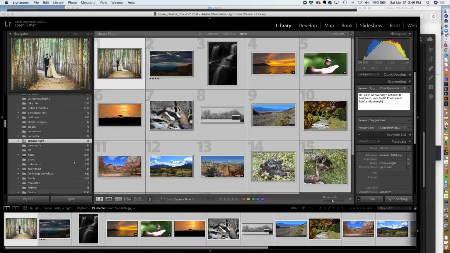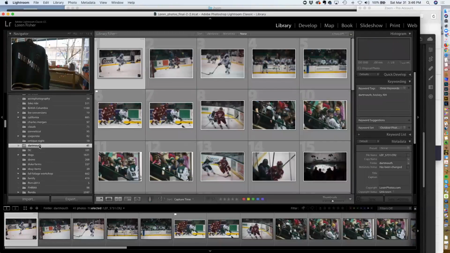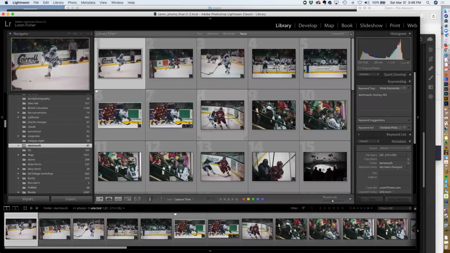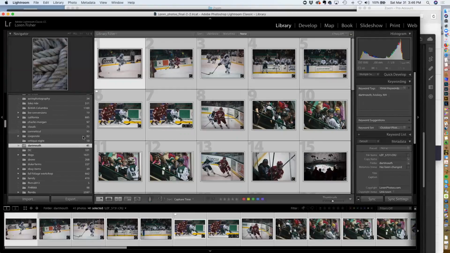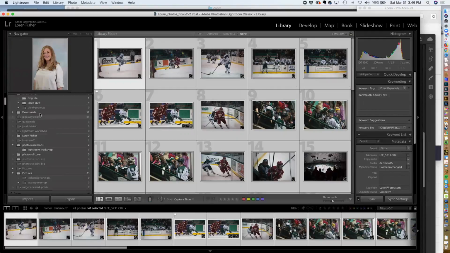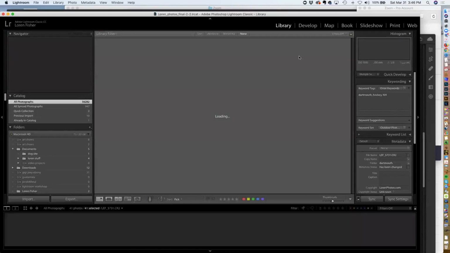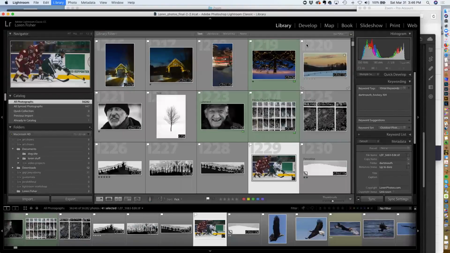So then if I have Dartmouth as a folder, they probably already do have the keyword Dartmouth, but so when I'm not in folders, if I'm looking at all of my photos, if I do a search now on Dartmouth,